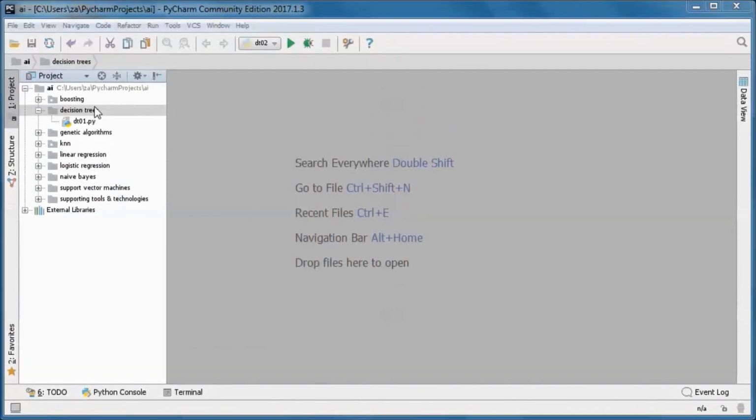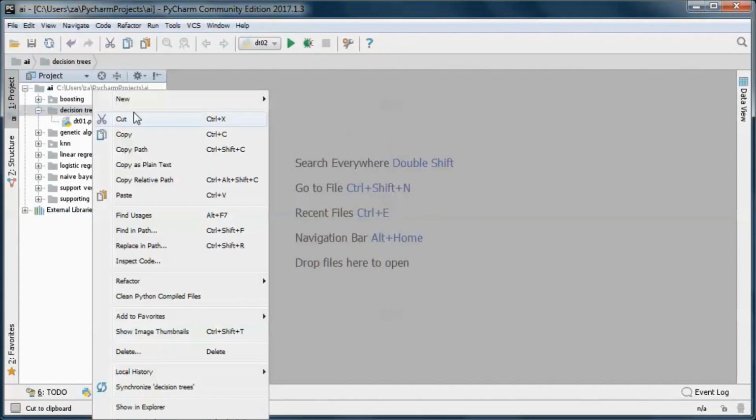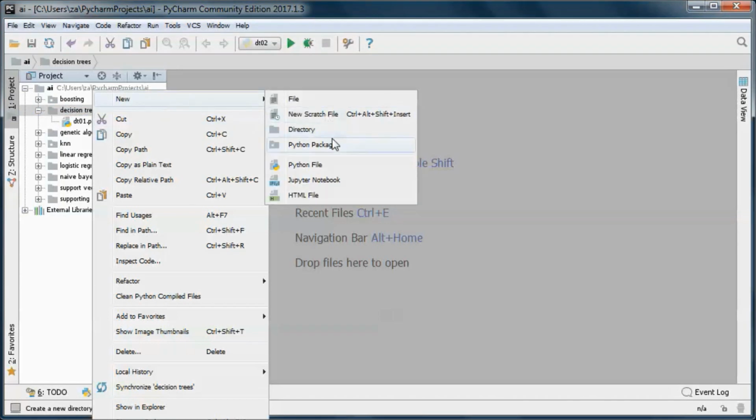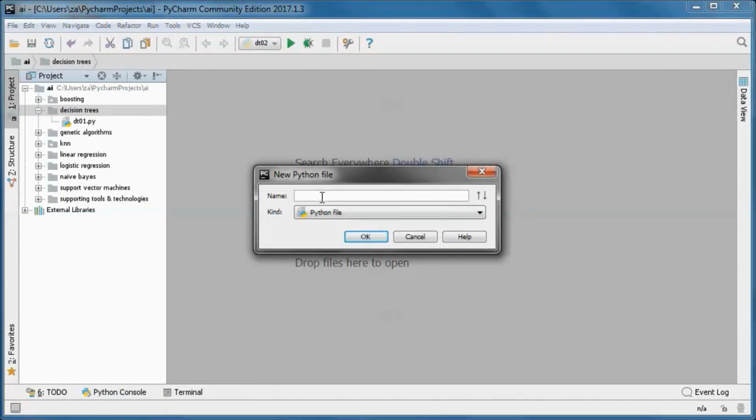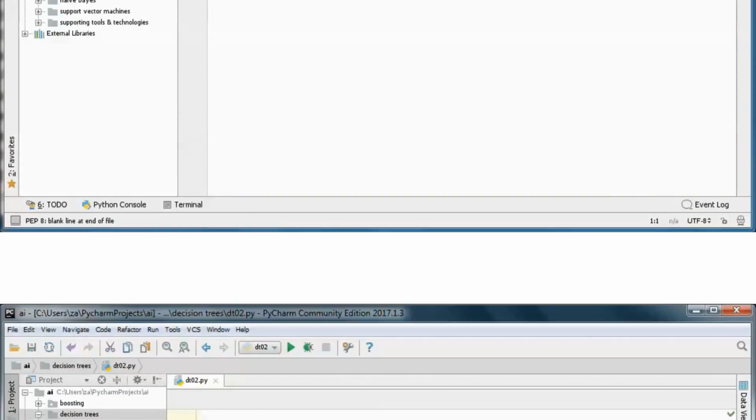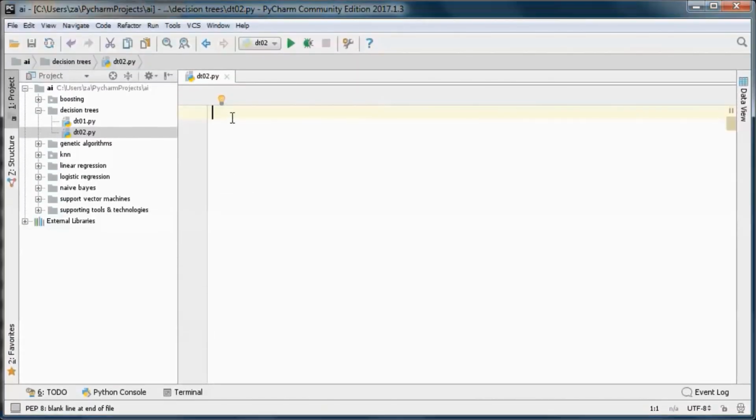I will start by creating a new Python file. Now all nodes in this decision tree will end up extending from this abstract class.